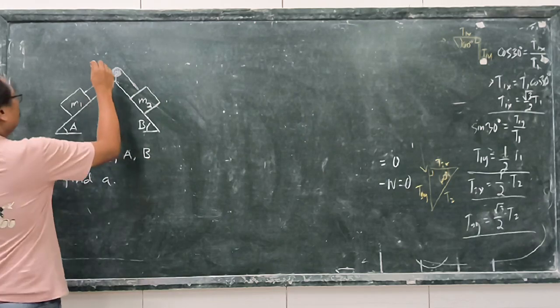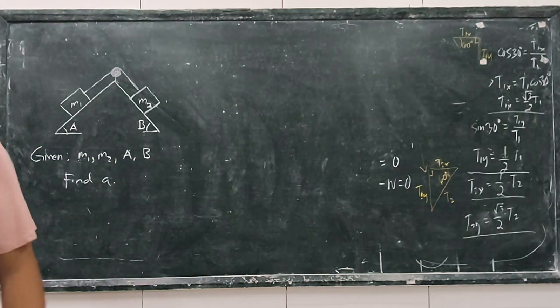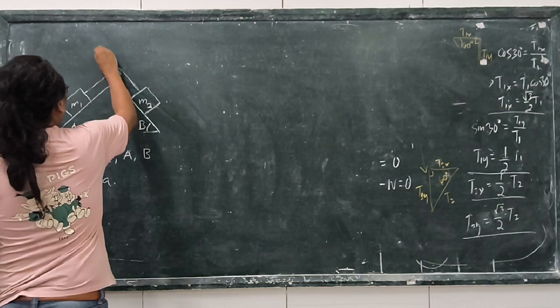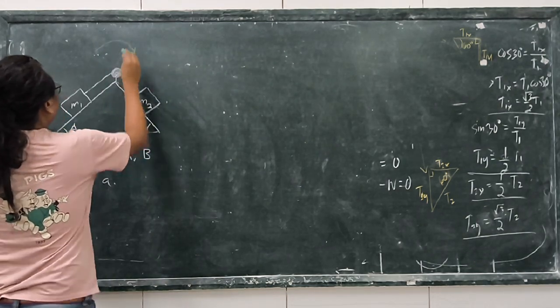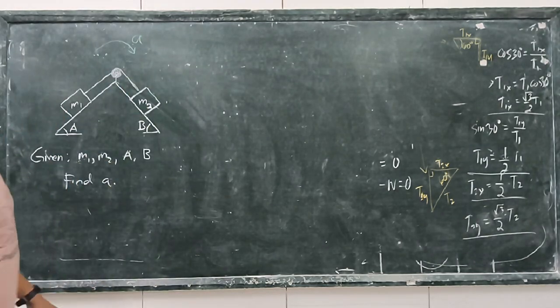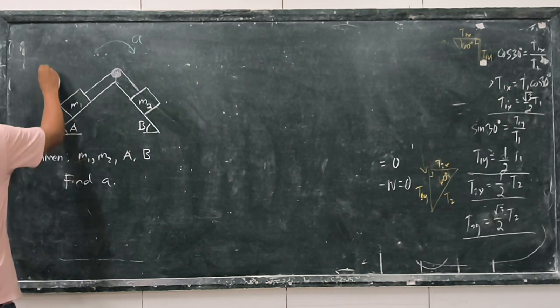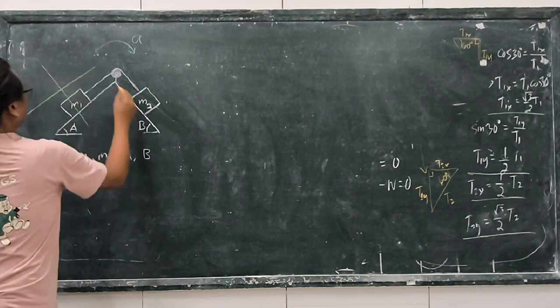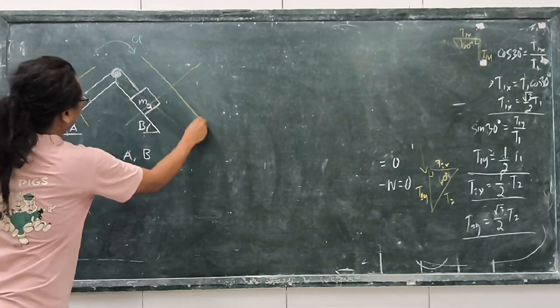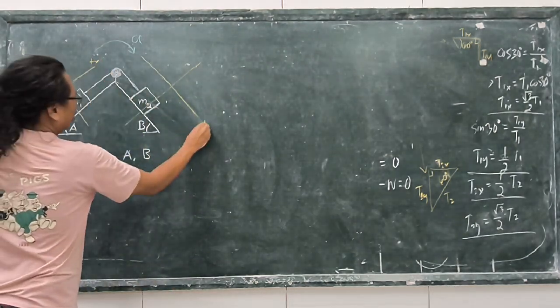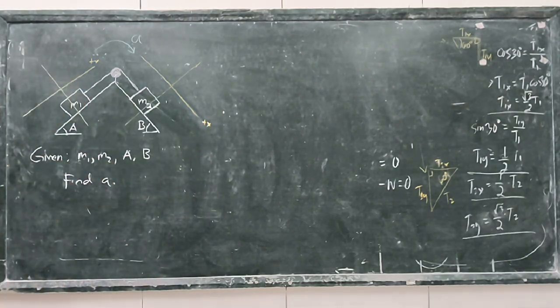Okay? So what we will do is assume a direction of the acceleration. Now, let's put that as our green. Let's assume that the acceleration is going in the clockwise direction, right? On the clockwise direction. So what does it mean when we say clockwise direction? First, let's construct a free body diagram for each. Let's start here. And of course, we also have an axis here. This is the positive x for this, and here this is the positive x there.